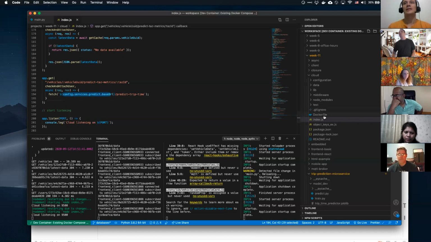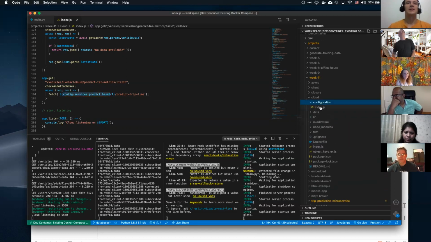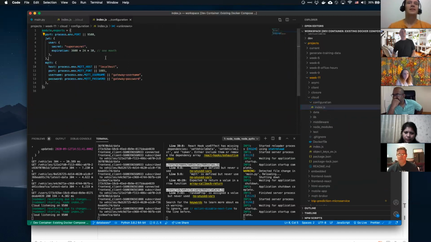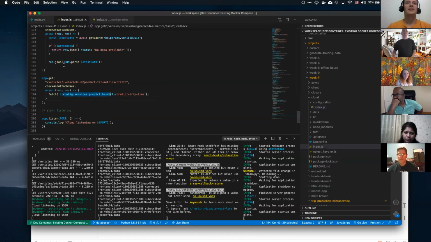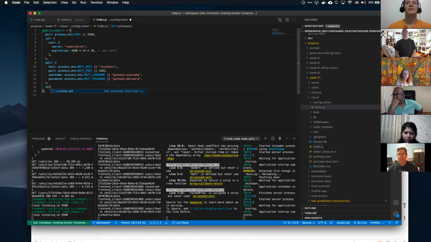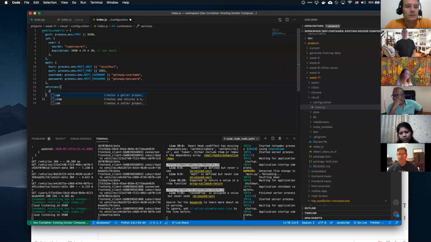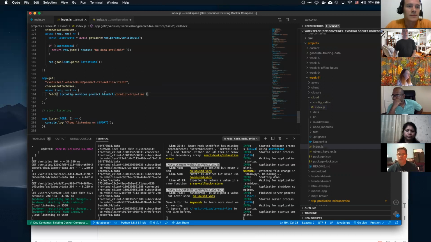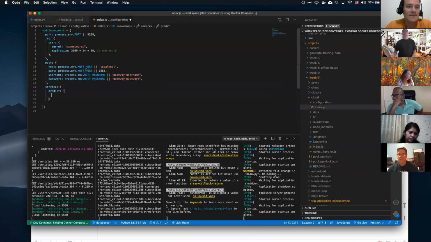So let's go to our configuration here, pull this up, and what did we do here? We said config services predict base URL. So I'm going to create a new object here called services, and just in case we have other microservices like a weather API or something that we might hit later, I'm just going to call this predict service, and then if we go back here, predict, and then we need a base URL.